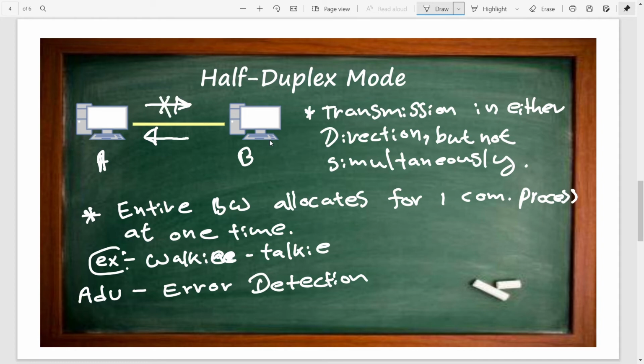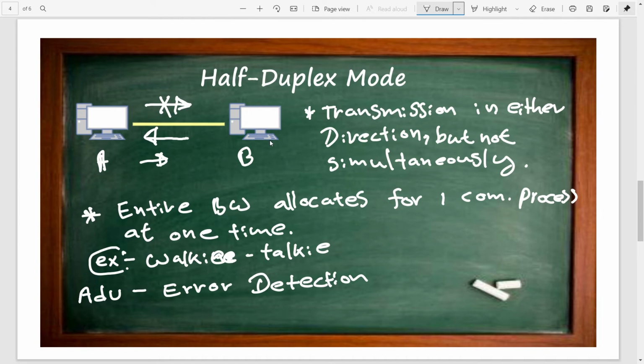Then B can acknowledge to A that it didn't receive the data packet which A is sending. So A gets acknowledged from B that the message is not received, and A can retransmit that message to B. So error detection can be done using this half-duplex method,